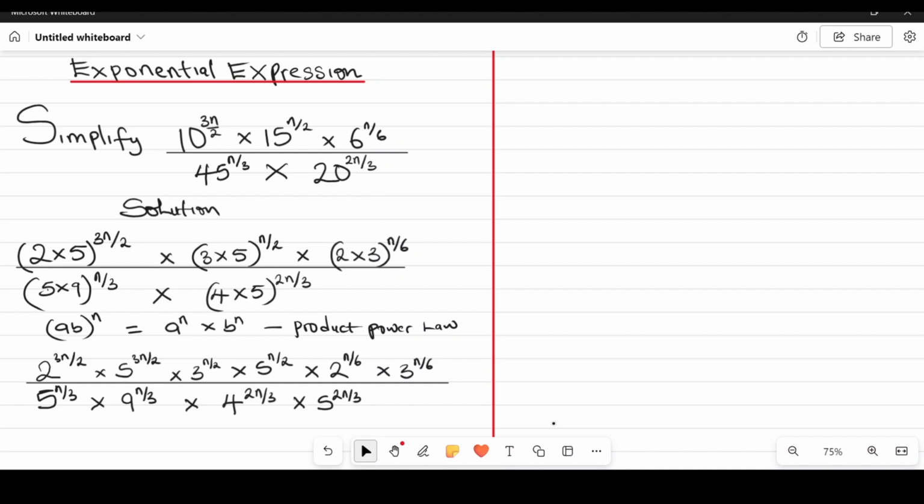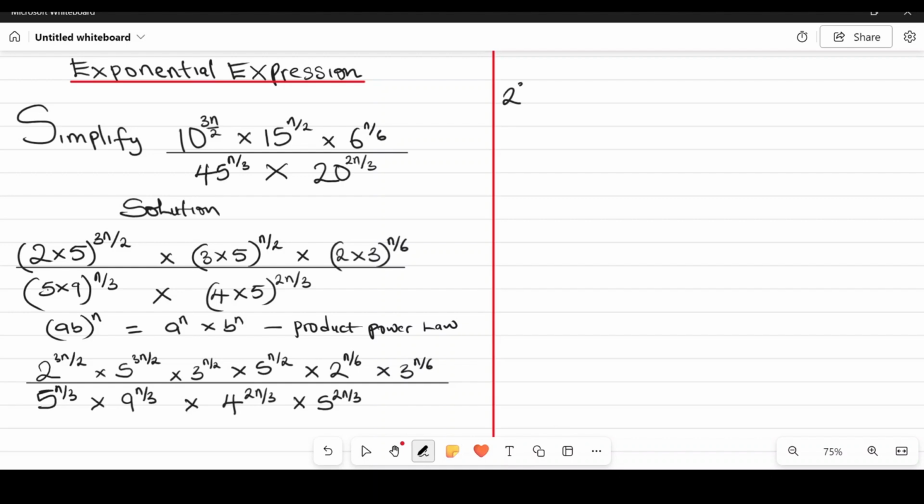And now what do we do? We group each term that has the same base, and we will use the multiplication law to add their powers. Remember, we want to simplify the exponential expression. So let's group each term together. Grouping each term, we will arrive at